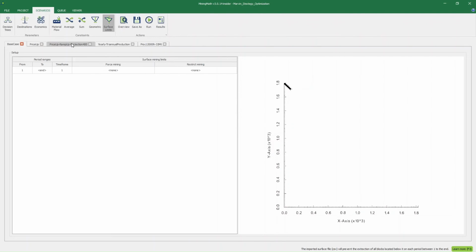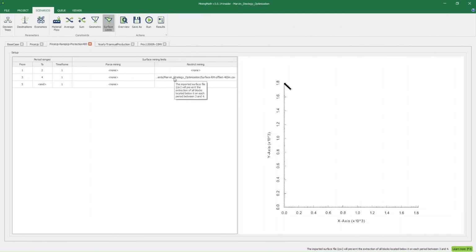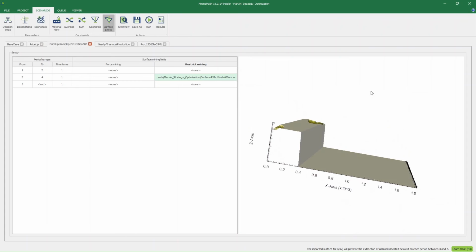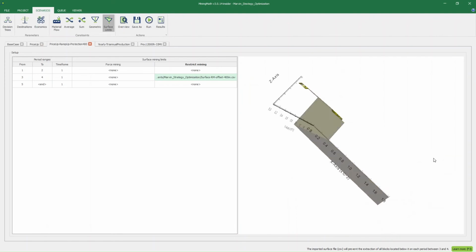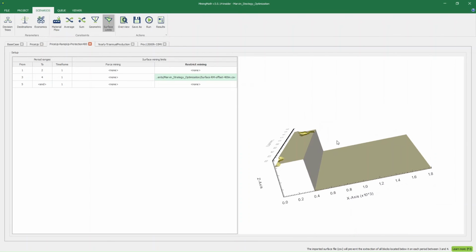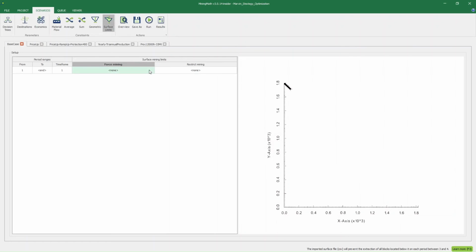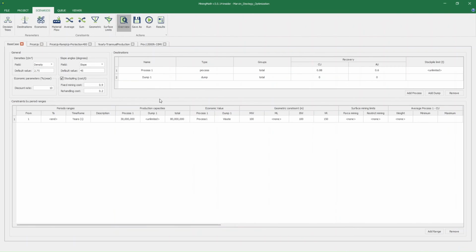figures. We have a preview of the surface, and to facilitate this understanding, we will open this other scenario here, where we have an environmental constraint, in this example, that prevents us from exceeding this surface until the 4th year. From the 5th year onwards, we no longer have this constraint, but until the 4th year we do. So, until the 4th year, this surface cannot be exceeded. Thus, this is an example. It is possible to preview the surface here within the program before running the scenario. In this case here, we don't have anything because we don't have any constraint or force surface for this base